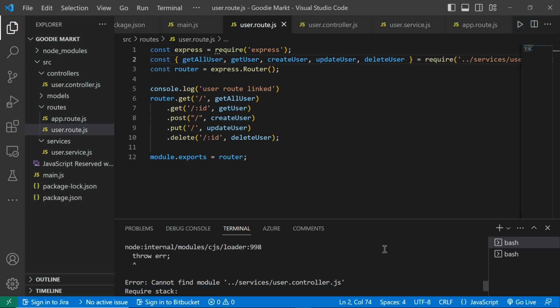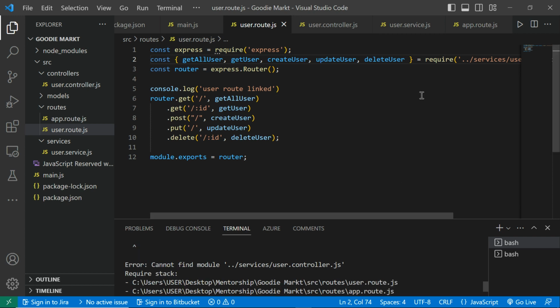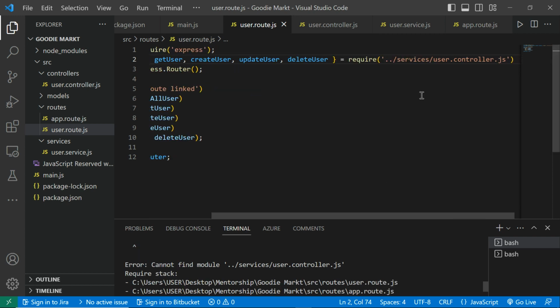Cannot find module user controller. Do we have user.controller? Yeah, let's look at it again. Possibly